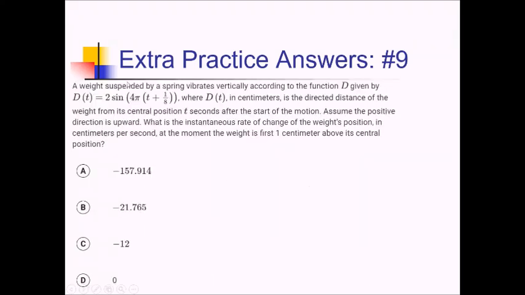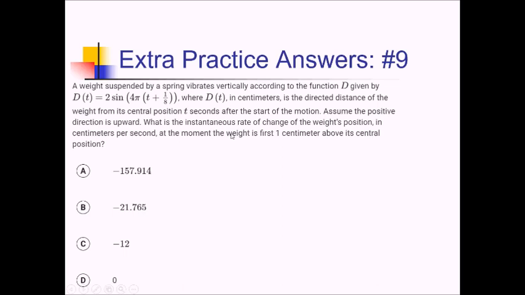For this one, we have a weight suspended by a spring vibrating according to this d function here. And d of t in centimeters is the directed distance of the weight from its central position t seconds after the start of the motion. Assume the positive direction is up. What is the instantaneous rate of change of position, in other words d prime in centimeters per second, at the moment the weight is first 1 centimeter above